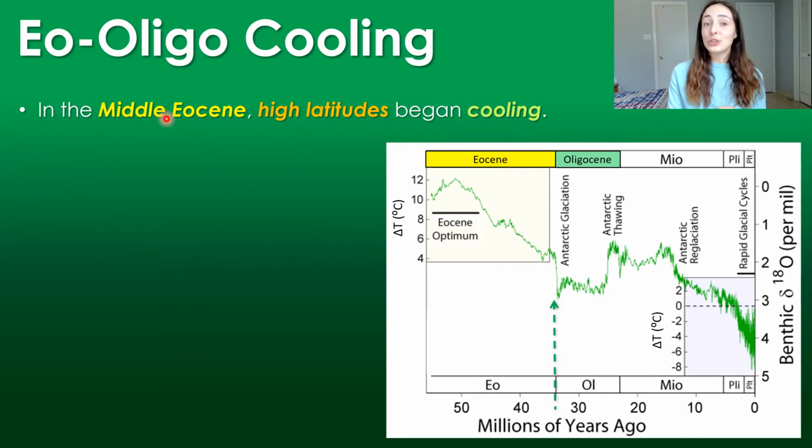However, quickly after the early Eocene Optimum, temperatures began to go down, and they didn't go back up for a very long time. They had little spikes, but they just continued to go down and down and down, literally until the Oligocene, and actually that transition marked the biggest cooling event of them all. But we'll get to that in a second. How do we know they went down?